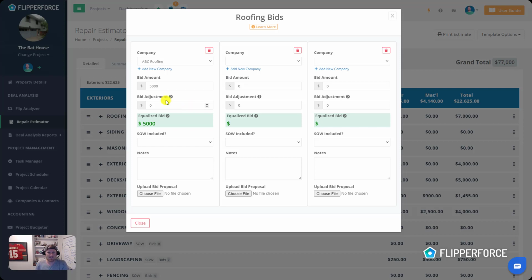So let's say that this contractor didn't include the demolition for some reason, so all they had was installing the roofing materials, but they didn't include demo. So I talk to the contractor, I say, hey, you didn't include demo, what would it cost for you to do the demo on the project? And he says, well, it's probably going to be about $1,000. So we end up adding in that bid adjustment